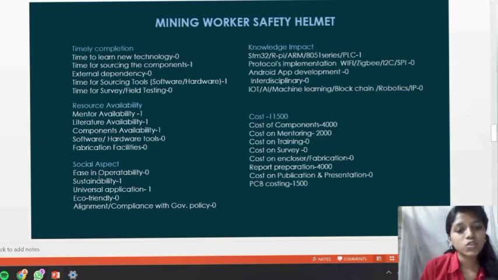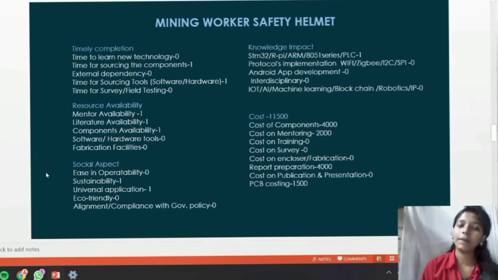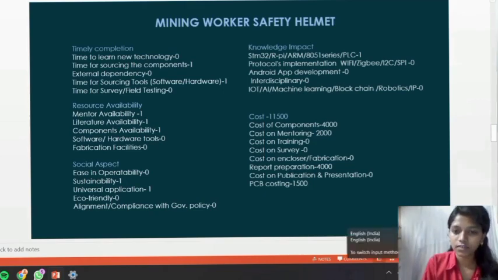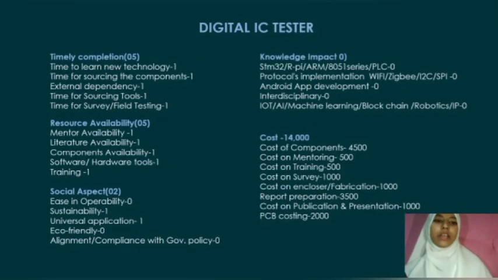Social aspect. Social aspect is something like ease of operating. We are new in this field, so if we are making something which is new for us, it is not easy to operate, so we have given 0. Like that we have given all average scores. So thank you. Fourth project, which is the digital IC tester, where we have given each parameter and subparameter,